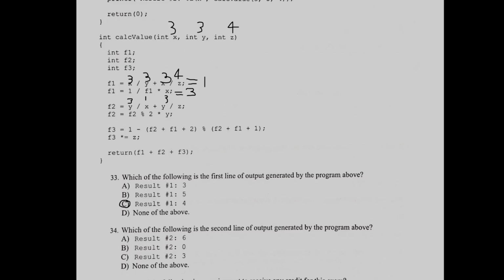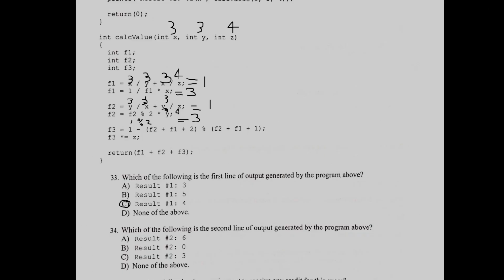F2, 3 divided by 3 is 1, plus, in this case, 3 divided by 4 is 0, so that's going to also be 1. And then we have 1 modulus 2, which is 1, times y, which is 3, is going to be equal to 3. And then for the last one, we're going to have